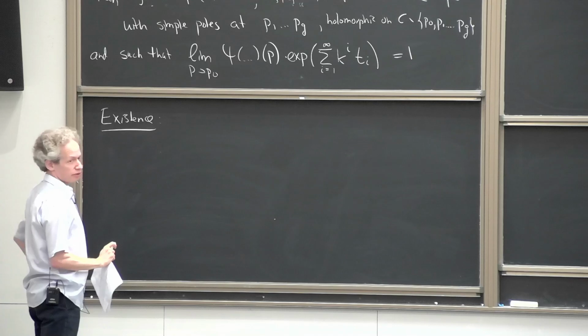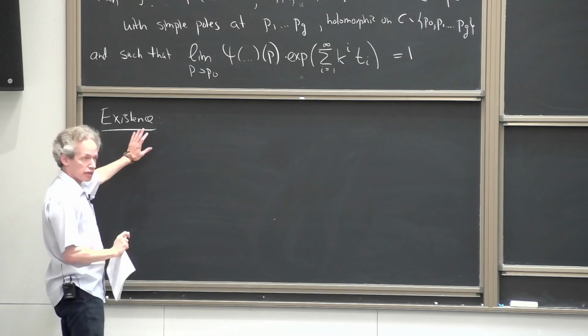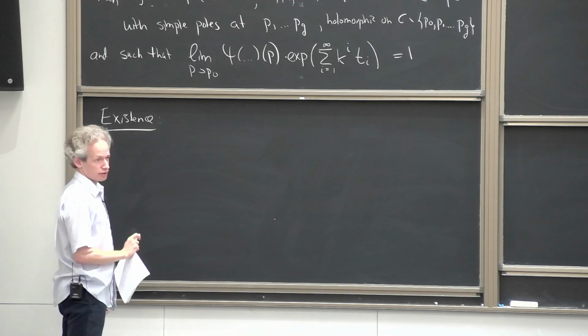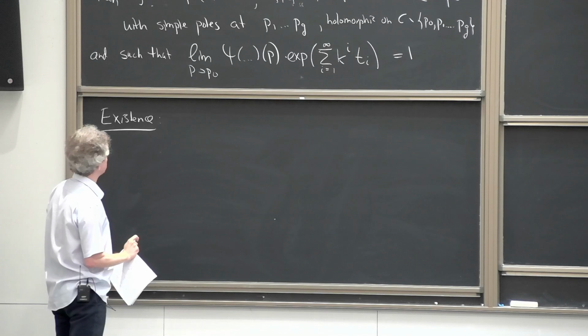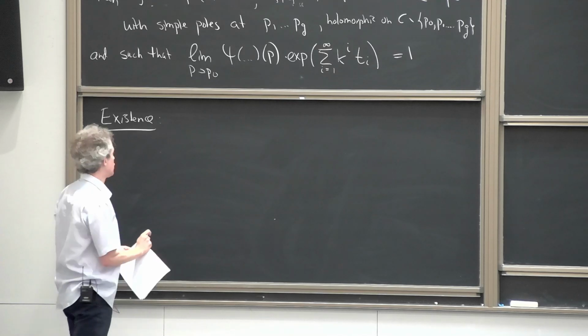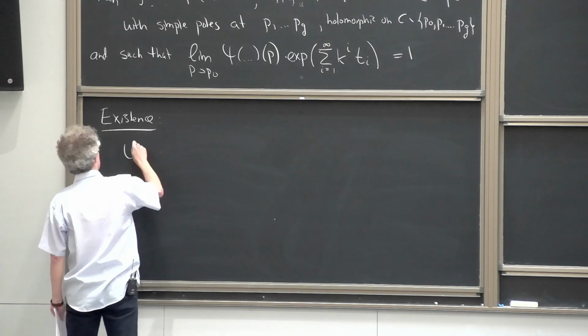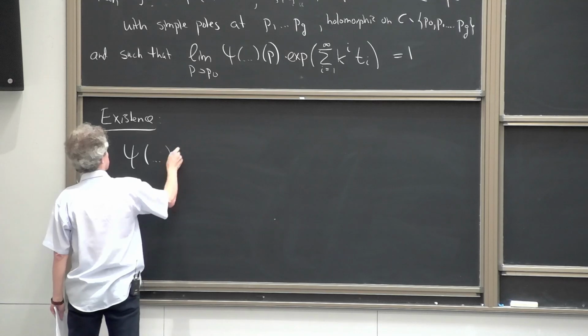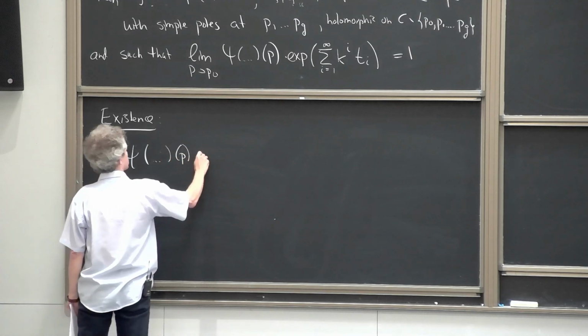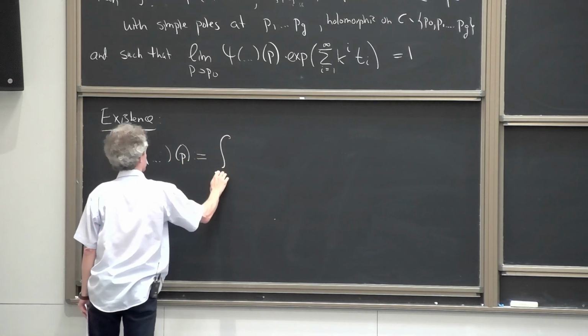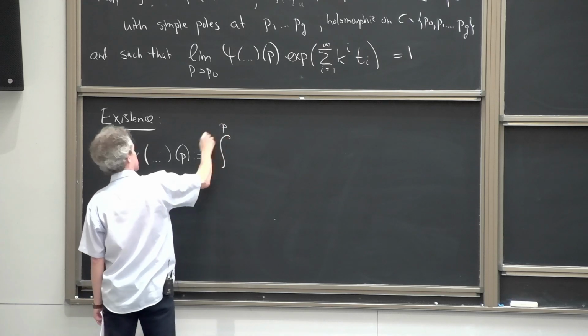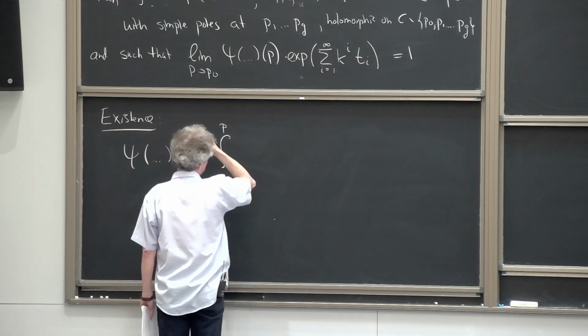Maybe you say something about infinite Grassmannians. But there is an explicit way to do this, and I'll just write a formula for you. So I want to write psi of all the data of p is going to be the integral, not from p naught, I probably wrote p naught here last time, this was a mistake, of,